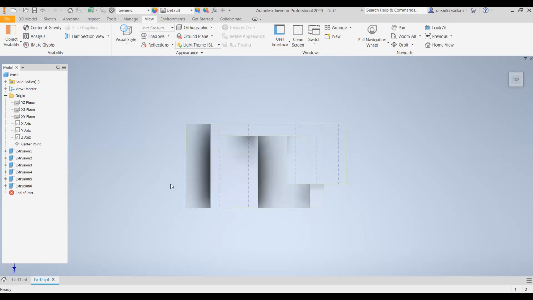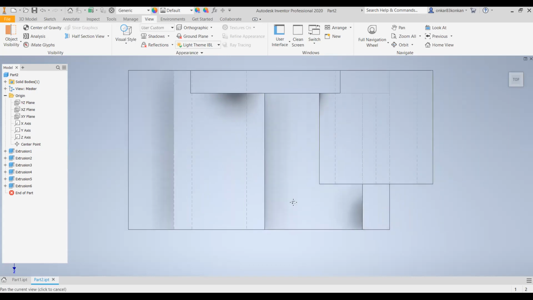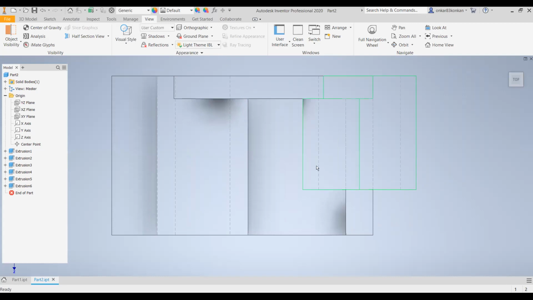So this is the actual top view. You can observe here there are some hidden lines. These 2 hidden lines are for the hollow cylinder. And these 2 hidden lines are for the rib.